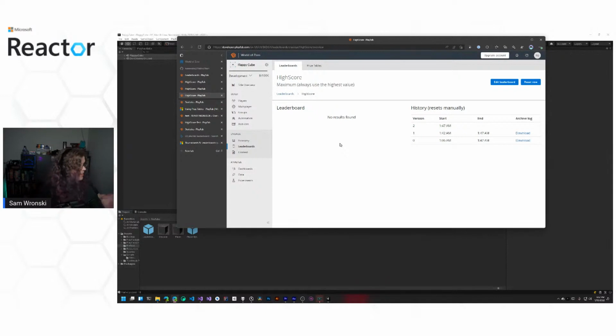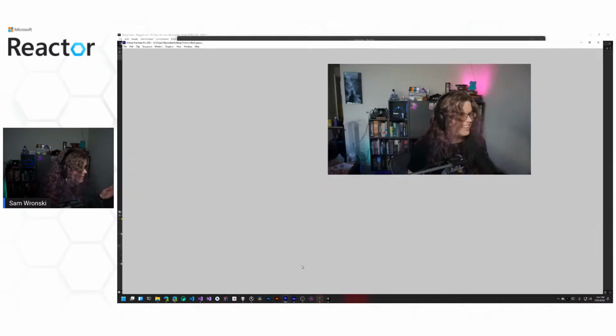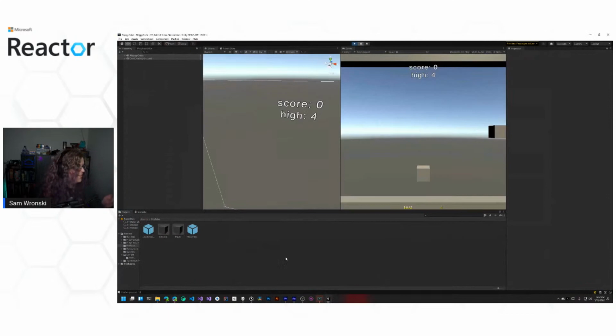Also, the plan is to make this game public, so you can actually grab this game in your browser, play the WebGL version of it, and start interacting with it. Within the next week or so, there should be a playable demo where you can browse the source code, fork it and play with it yourself, or just play the game and see how these online things translate into a user experience for a player. That should be coming shortly.